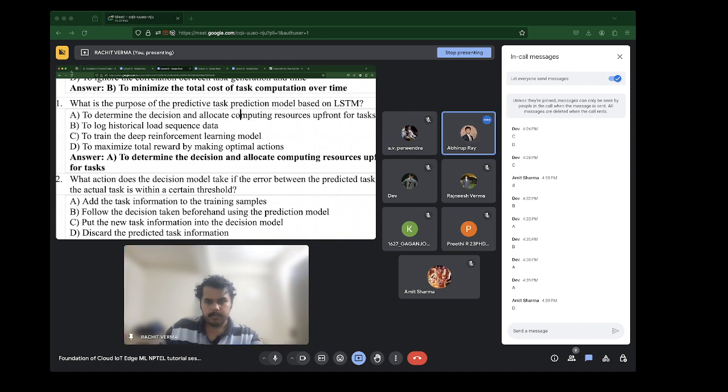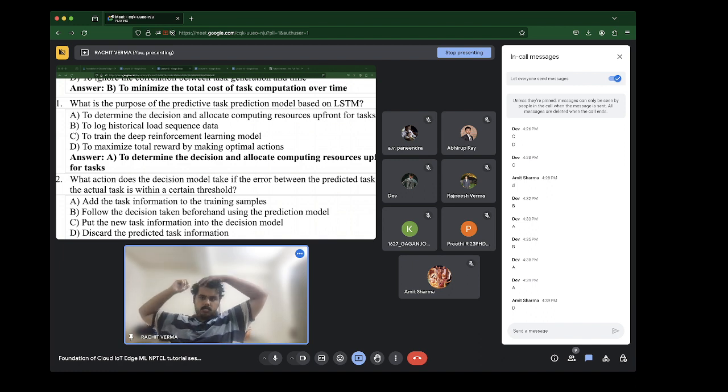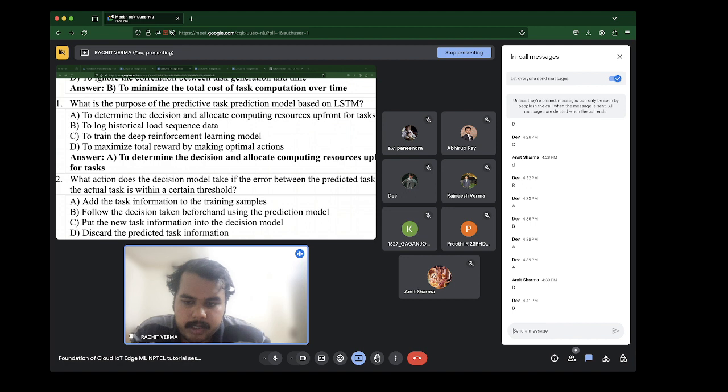Any other responses? Okay, fine. So it follows the decision taken beforehand using the prediction model.